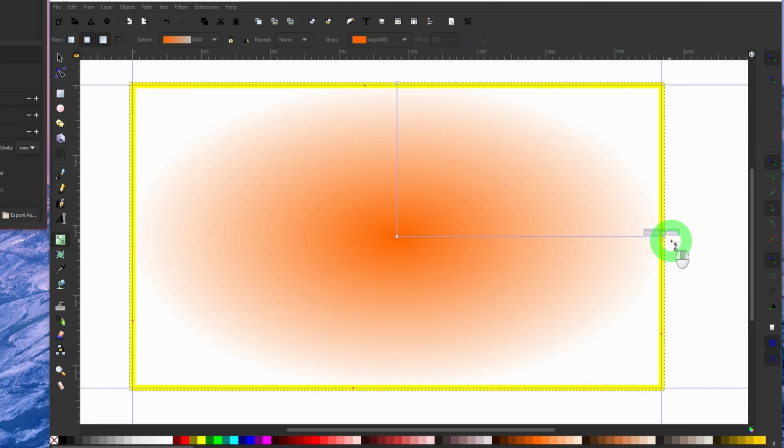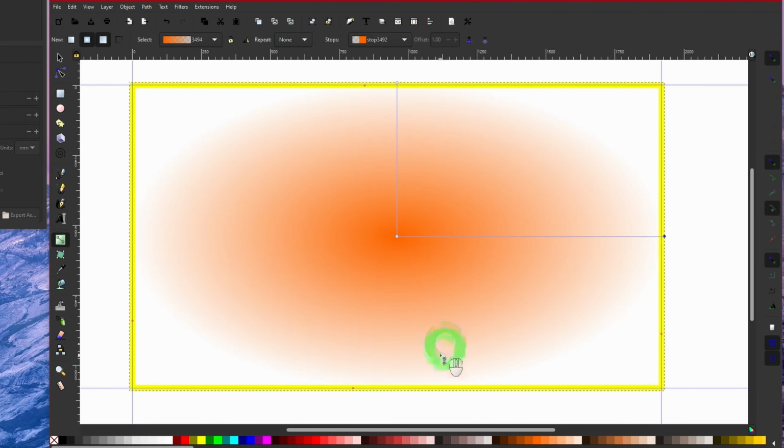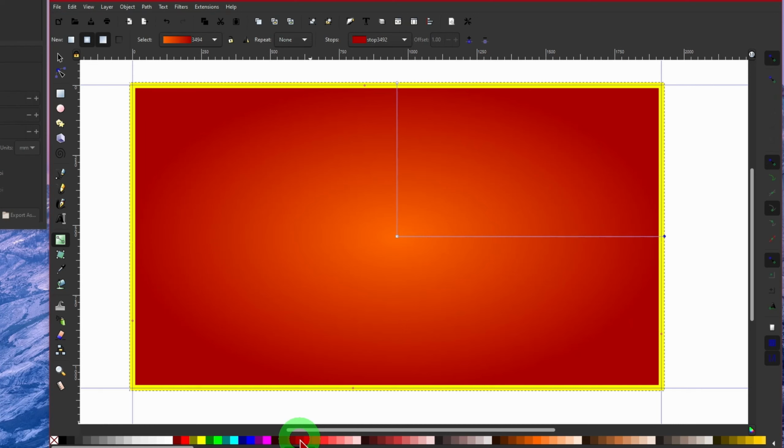So here we can go pick one of our ends and we'll change the color. We'll make that our dark red. It doesn't matter whether you choose this one or this one. It's not like you can do 3 different colors for this gradient. And then your central color,